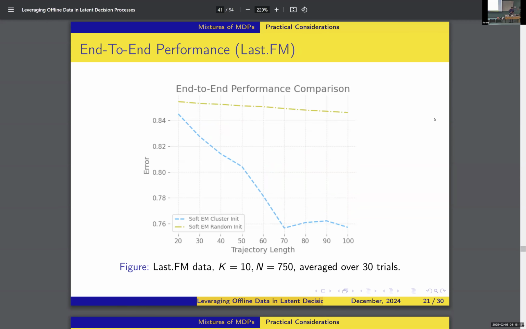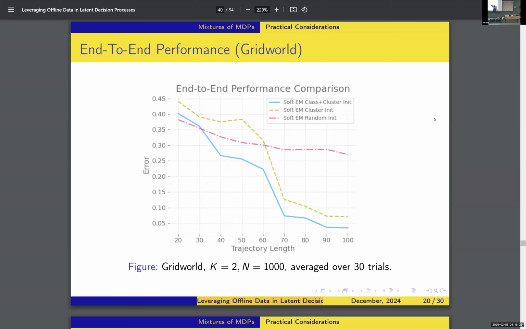In Last.fm, again, we just compared the cluster initialization and the random initialization. Yes. How do you use the knowledge of the things that you've learned in the clustering to then go back and redo it and improve performance? Does that make sense? Oh, we don't go back. I just mean we discarded this data set for subspace estimation. So you use two different data sets, and then you just use the one that you used in the first step again. Yes, exactly. So the third step you apply not just to the clustering data set, but to the